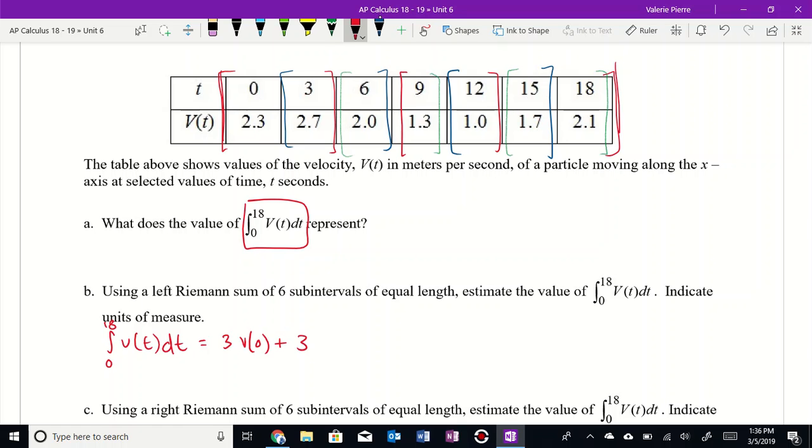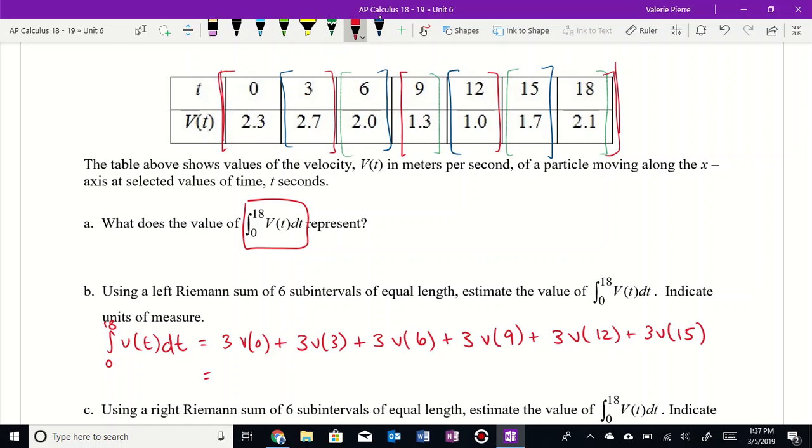From 3 to 6 is 3. And from the left, I want v of 3 plus, again, a base of 3, 6 to 9, times v of 6 plus 3 v of 9 plus 3 v of 12